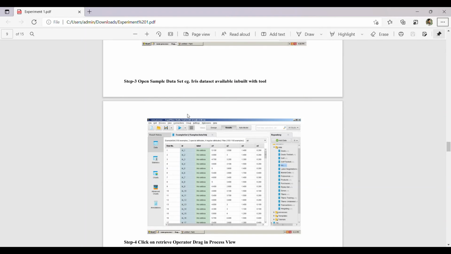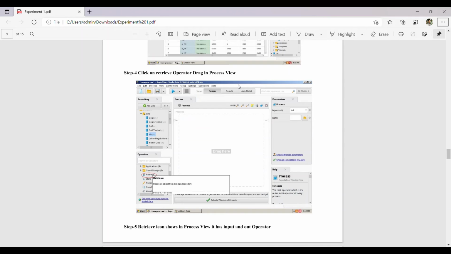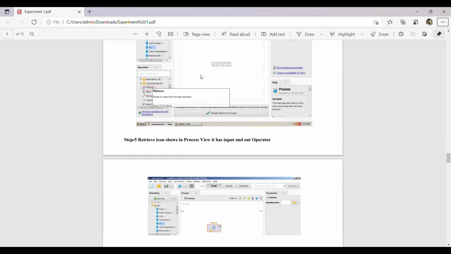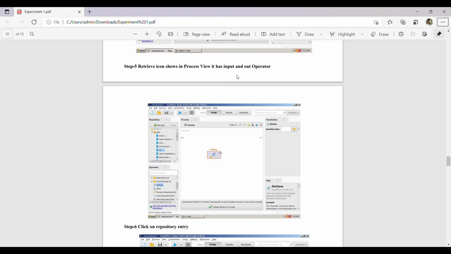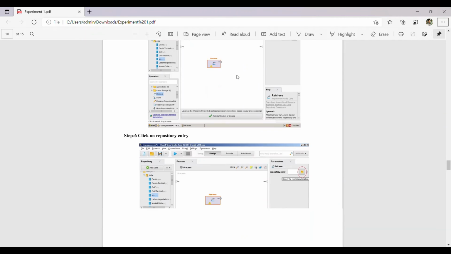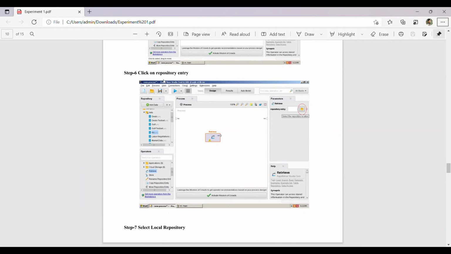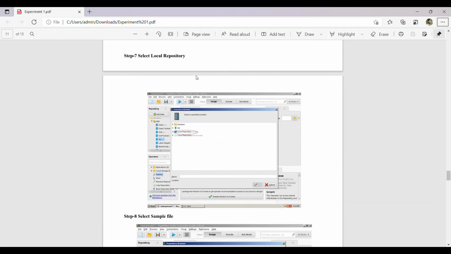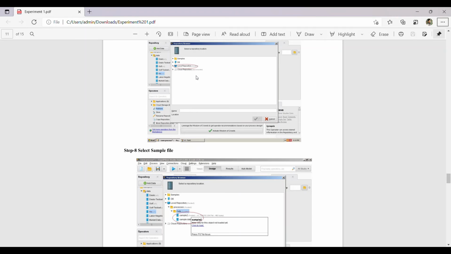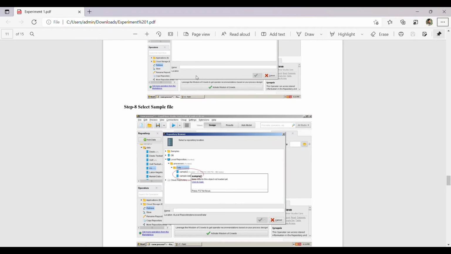For example, the Iris dataset is available inbuilt with the tool. Step 4, click on the retrieve operator and drag it into the process view. Step 5, the retrieve icon shows in the process view. It has an input and output port. Step 6, click on the repository entry. Step 7, select a local repository. Step 8, select a sample file.